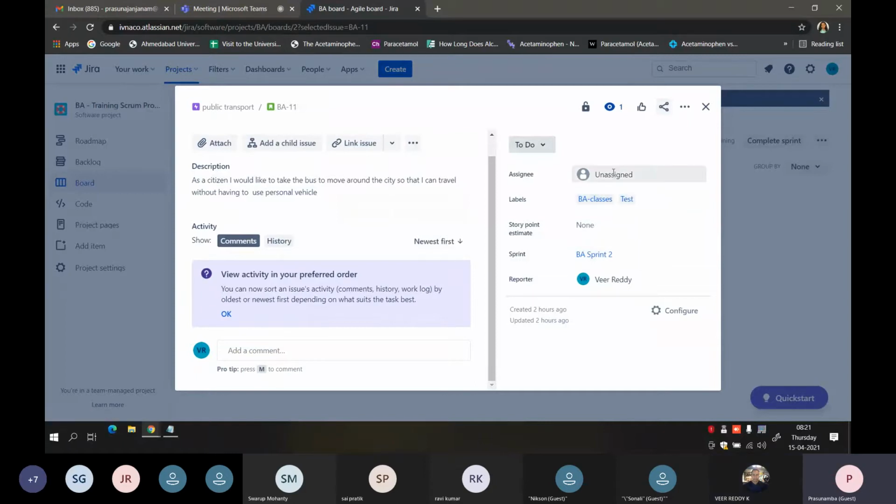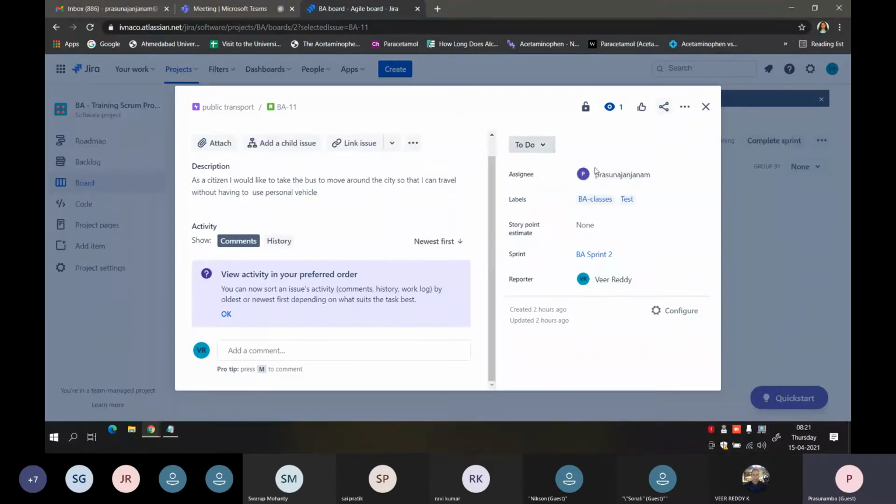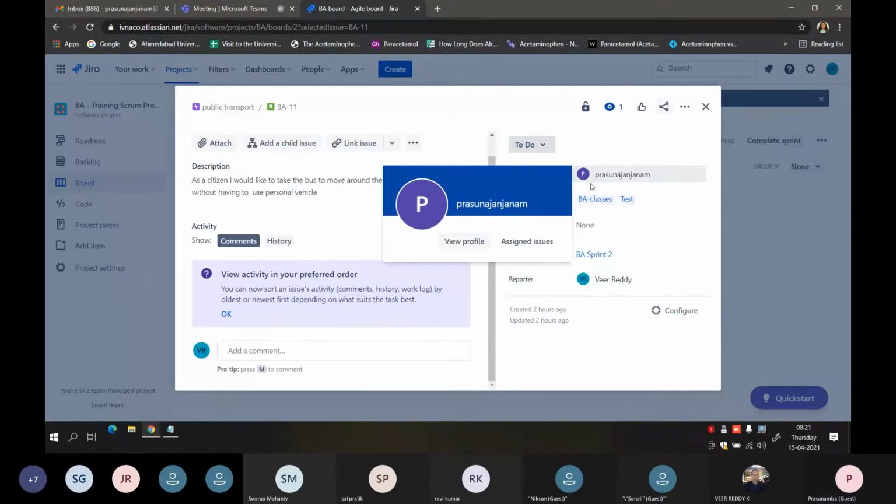Now because we have started it, we can assign it. See, yesterday there was only a single person over here, and today we have 3 persons because I sent an invitation to this email ID also. I select this, which means this is assigned to this person. It is this person's responsibility to look into the task, start it, and then end it.